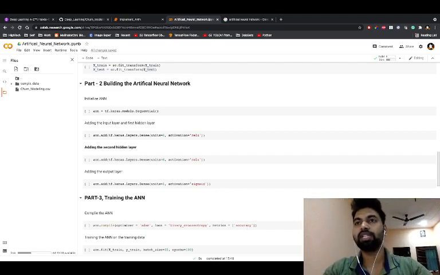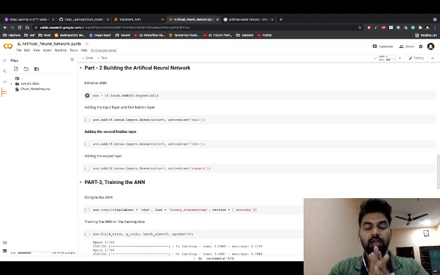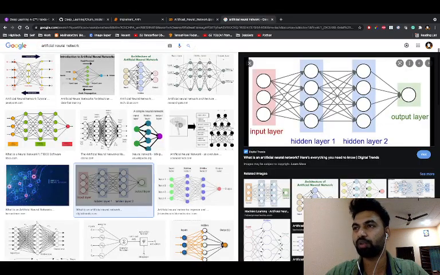Yeah, so in the next part, building the artificial neural network, first of all we need to understand how we need to start, or how we can start from the very basic, what approach we should follow. So you will see here in the diagram what is happening. The first one is the input layer, second one is the hidden layer, right? So first of all, the main important task is we need to initialize the layers.